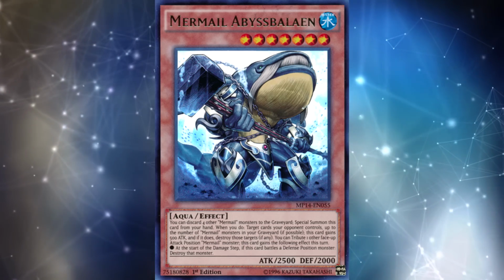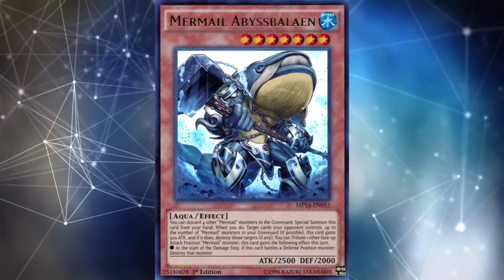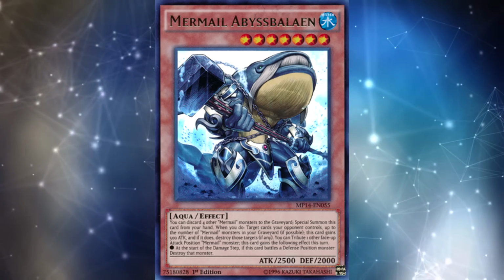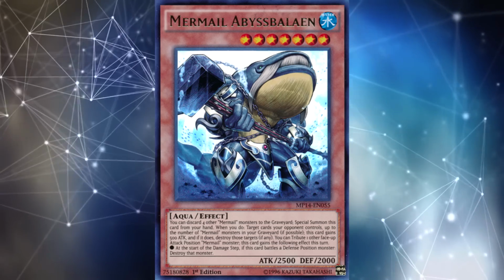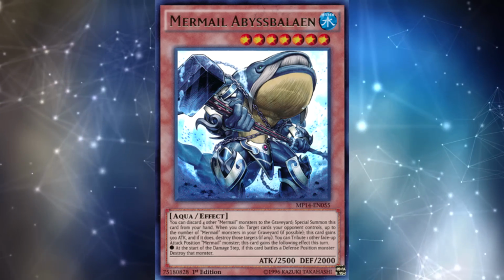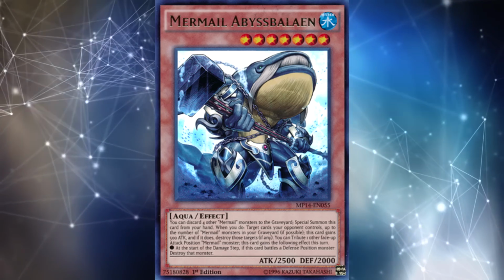It saw some experimentation with more casual versions of the strategy, but in terms of competitive validity, this card didn't really see much success, and that just kind of goes to show that when you have someone discarding 3 cards or 2 cards or 4 cards, it matters not only the card quality of what you're discarding, but also what the card itself does. In the case of Megalo, it's getting you searches, it's getting you destruction effects with the Atlanteans. In the case of this whale Mermail monster, not only are you not even allowed to discard Atlanteans, but